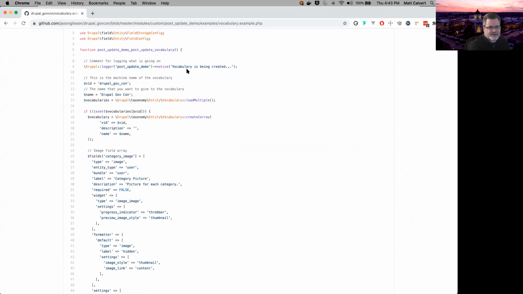You can see we start off, we log that the vocabulary is being created so that we have a record that, yes, this ran. Then we need to give it a machine name, in this case, Drupal GovCon. And we're giving it a display name, also Drupal GovCon with spaces. The next thing we're doing is grabbing all of the vocabularies that Drupal has. The reason we're doing that is we don't want to recreate this again. So we check the vocabularies using the ID, and if it doesn't exist, we go ahead,